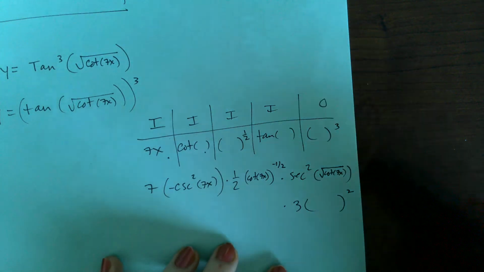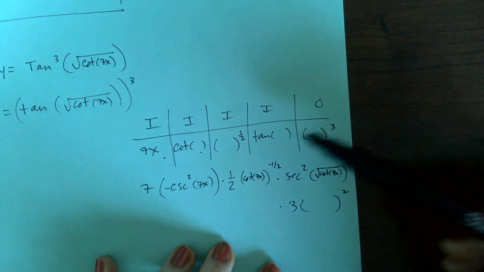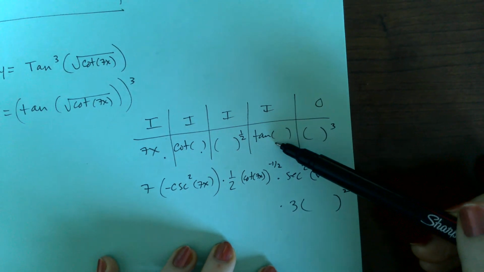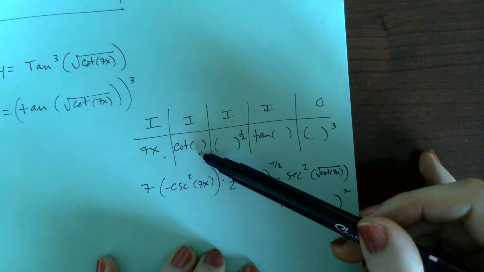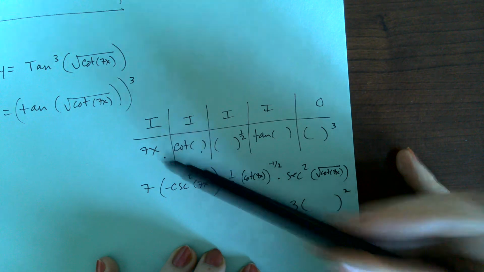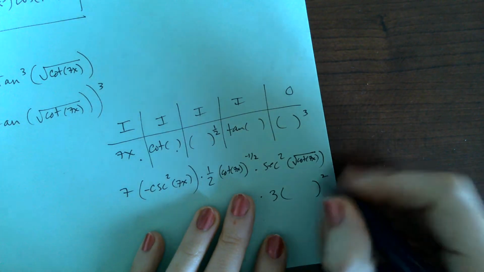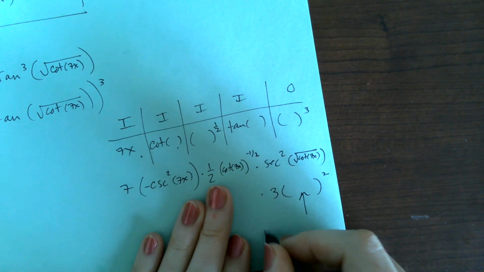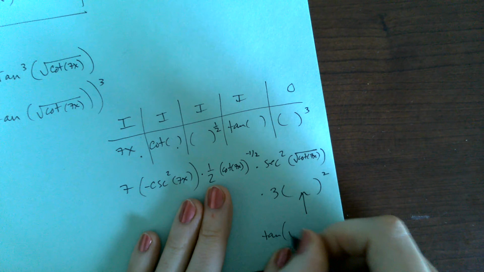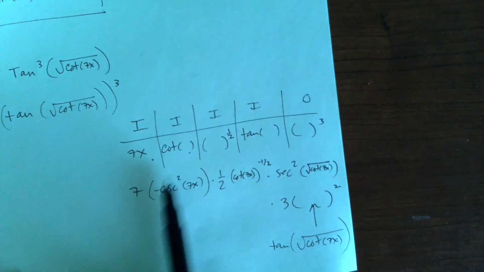And then what was in here is what has to go back here. What was in here was a tangent, and then inside of that was a radical, inside of that was a cotangent, and then inside of that was 7x. Wow, that's kind of a lot. So I'll just go like this: tangent, radical, cotangent, 7x. And on your practice, guys, there's nothing this involved. I just wanted you to see how